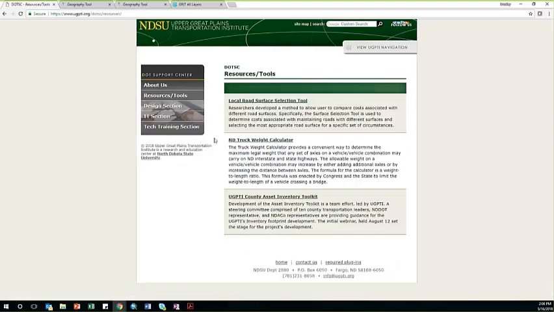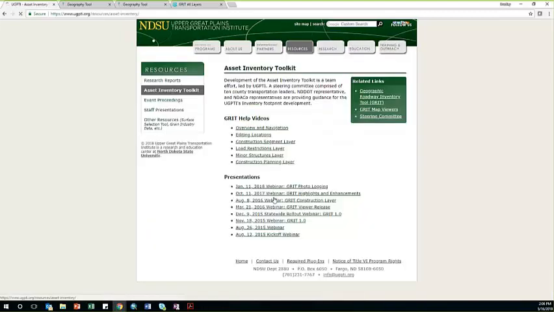mention in here on our grid homepage, which I'll jump to. This is where most of your links are that you have already to this page, where we have the help videos and then the launch into the grid program. And this is not going to change. You'll be able to just come here when we roll out the application. You'll hit the same link for the Geographic Roadway Inventory Tool, and that'll take you right into the new application. The grid map viewers will all be there. It might take a little bit of time to get those updated, as I have to go in through ESRI